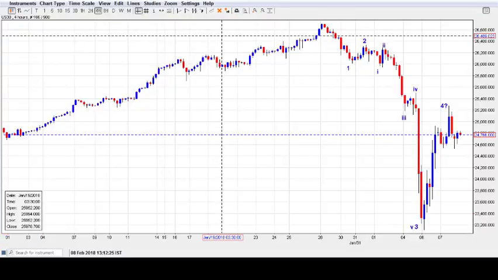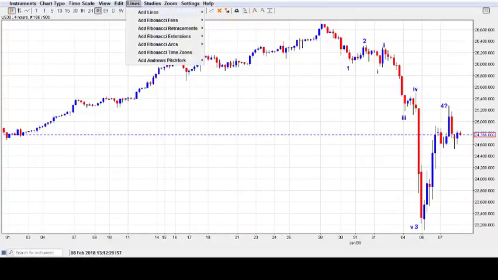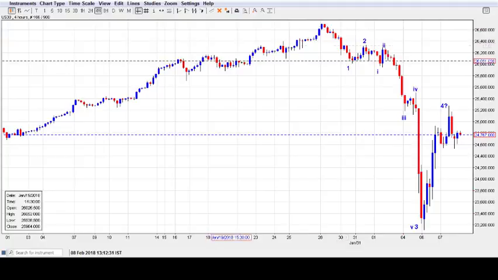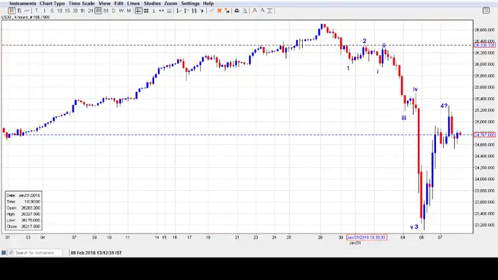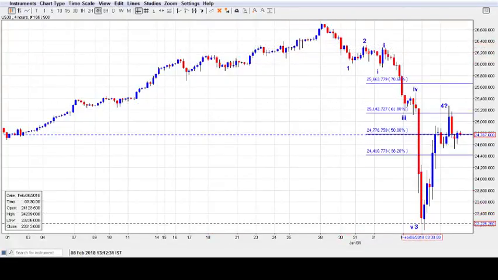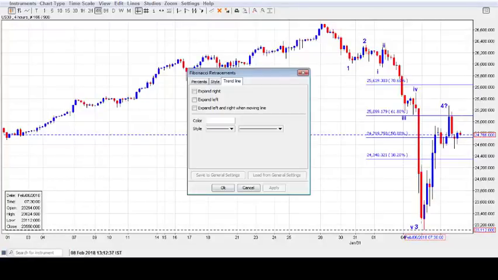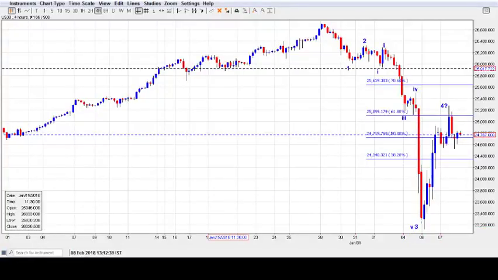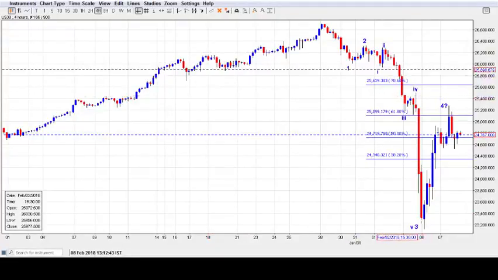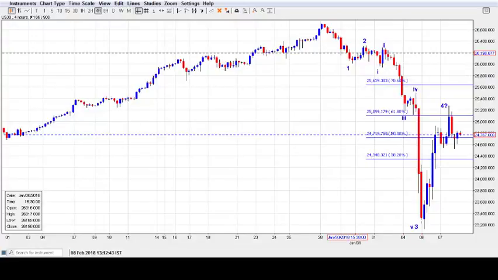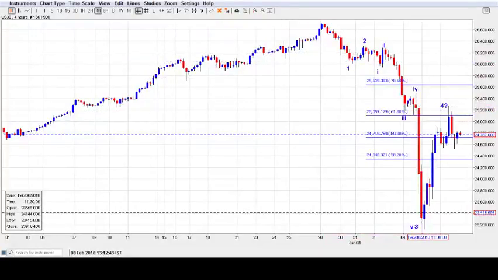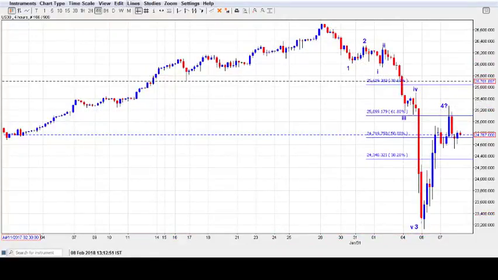Normally, wave 4 travels almost to the 38.2% of the third wave, but it's now extending almost up to the 61.8%. So one way to look at the chart is maybe wave 3 has completed, and the other way is just a simplified